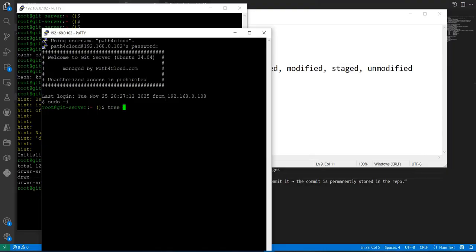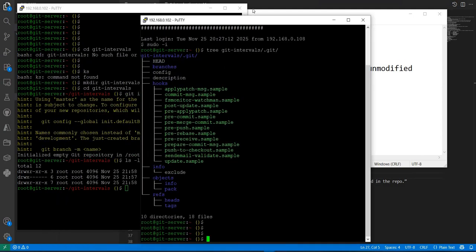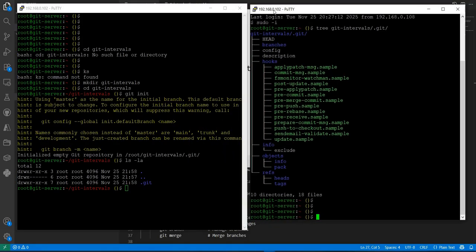Now, if I just run git init, the .git directory has created many files inside it. Let me give you a brief overview and then I will show you a live example. Here you can see that it has created a HEAD. HEAD, as of now, is just a file. If you cat that file, it will show you where exactly you are currently